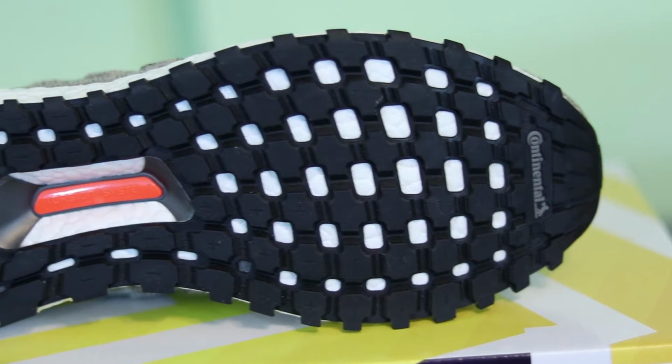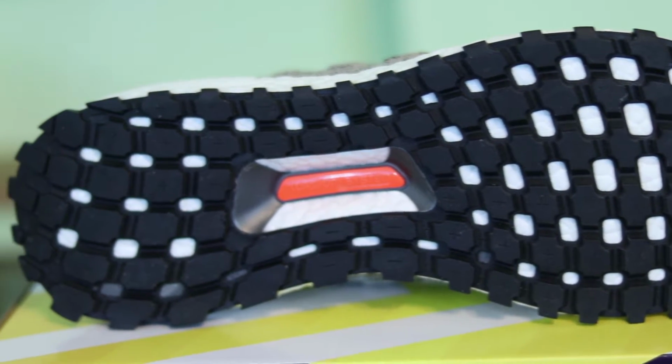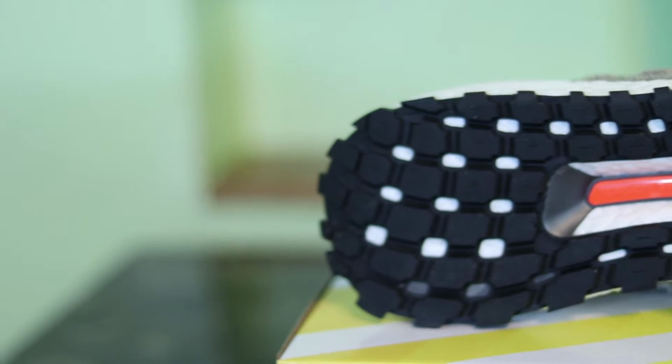So these differ from the regular Adidas Ultraboost because these are the all-terrain version. Not only is it a mid-cut, but it also has a couple additional features. First thing that caught my eye is that the traction is a lot thicker. The shape of the patterns is a little different and they protrude more outwards towards the ground. I don't think this takes away from the boost at all,